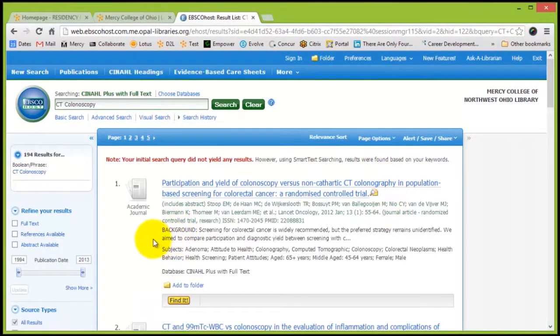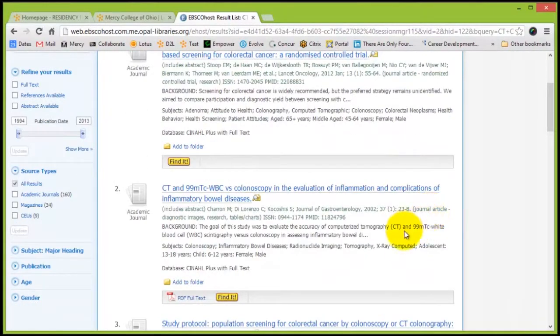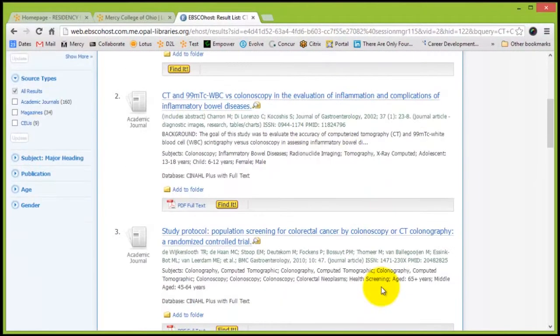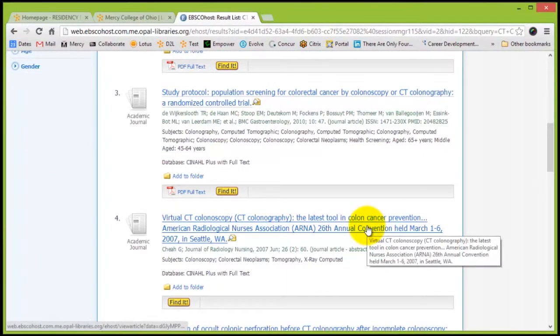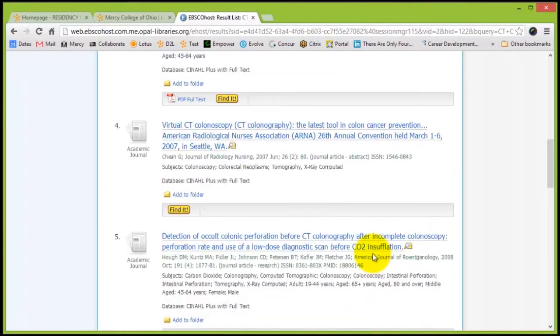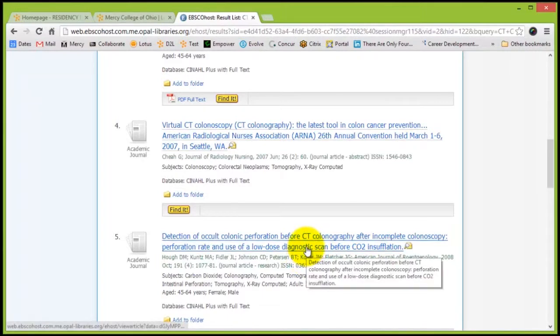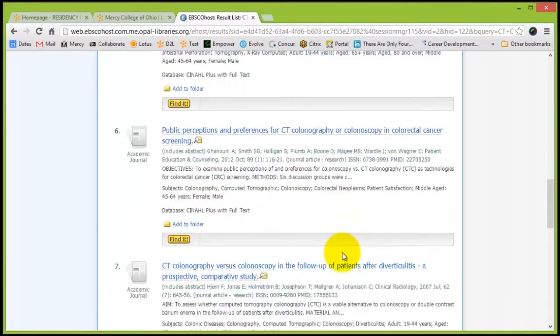Oh, all right. Hey, we've got a lot. Okay, looks good. Now I'm looking at articles, page numbers, a little synopsis of them, seeing what might be of interest if I'm writing a paper. That one looks good: virtual colonoscopy, latest tool, but it's only one page. Oh, so let's skip that one. Okay, may not be a good one to do right now. Let's take a look.